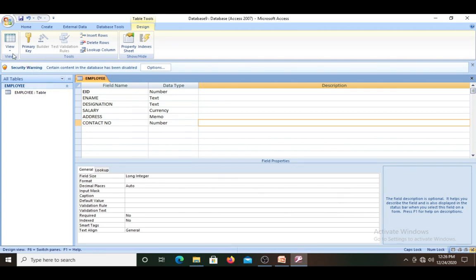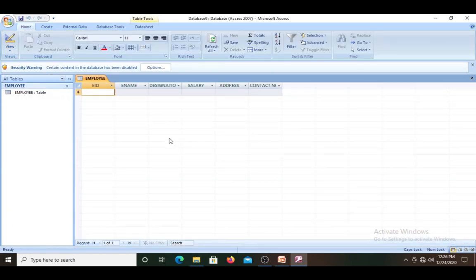Open the table in datasheet view, say employee ID as 101, ename Shivu, designation supervisor, salary 5000, address Kalburgi, contact number 9740 something.